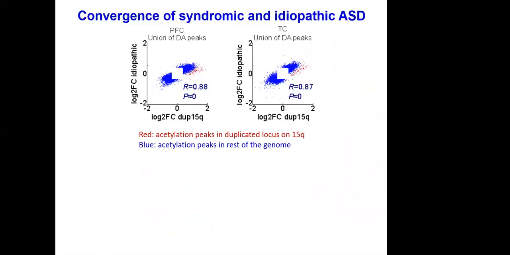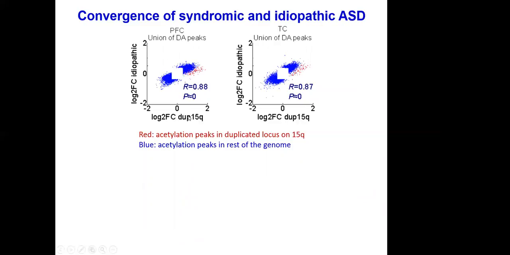So then we said, okay, we looked at the epigenetics, how does this correlate to the genetics of autism? Specifically, some of our individuals, our brain samples, had Dup15q syndrome. So they had a duplication in the Q arm of chromosome 15, and that is a well-known syndromic form of autism. So they have some dysmorphology and they also have autistic symptoms.